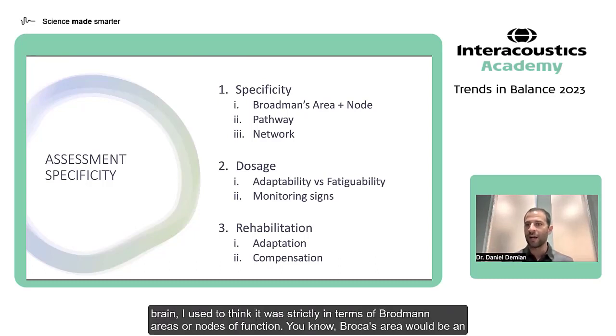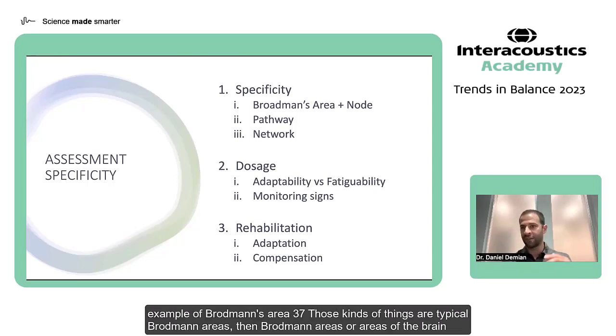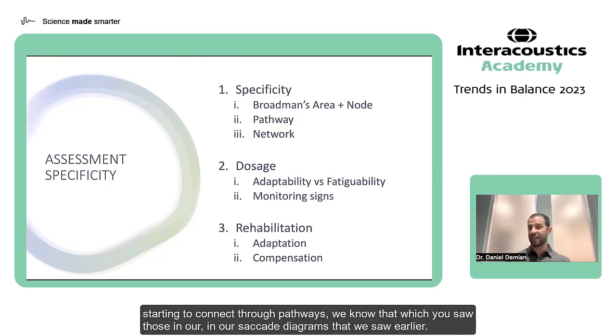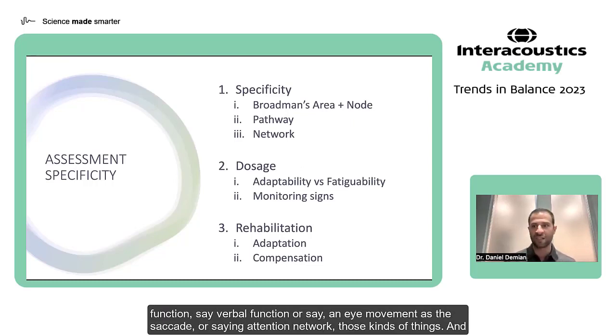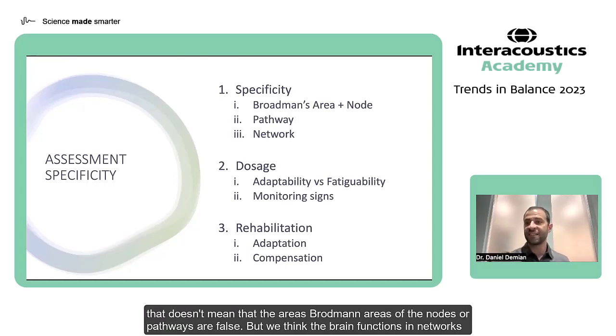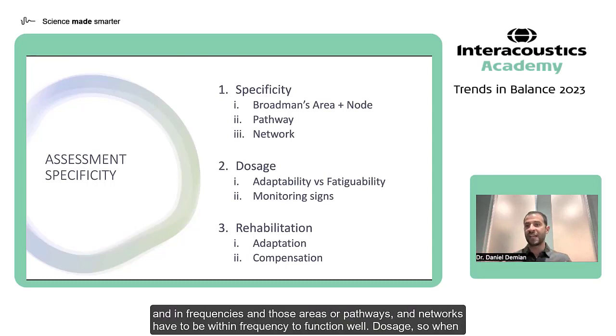So when I used to think about the brain, I used to think strictly in terms of Brodmann's areas or nodes of function. Broca's area would be an example, or Brodmann's area 37. Those kinds of things are typical Brodmann's areas. Then areas of the brain started to connect through pathways, which you saw in our saccade diagrams that we saw earlier. And then we really started to think about the brain in terms of networks, which are multiple pathways working together for a function, say verbal function, or an eye movement, a saccade, or an attention network. And that doesn't mean that the Brodmann's areas, nodes, or pathways are false, but we think the brain functions in networks and in frequencies, and those areas, pathways, and networks have to be within frequency